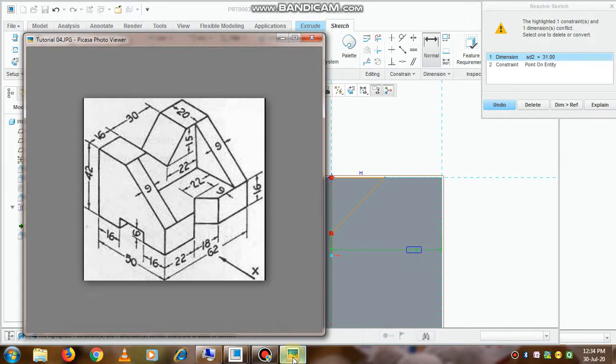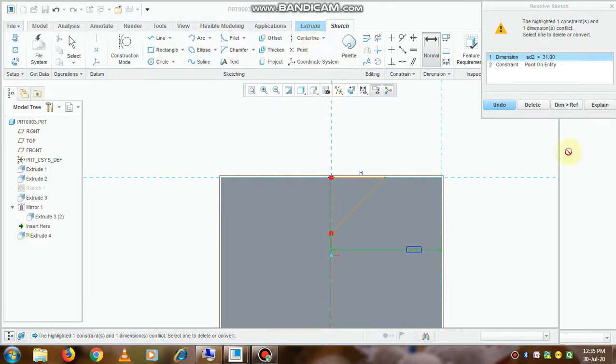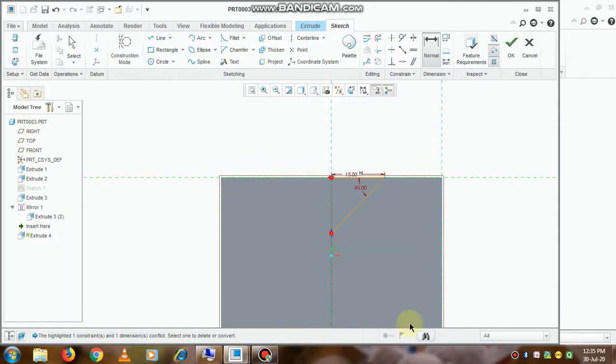So this is part 1 of the object, and the second link will be available in the description, which will lead you to the complete part. So hardly it is taking 15 minutes to do it by using these symmetric options and by using this technique. So you can learn on this channel how to model it fast, because as a fresher when you are cracking any interview, the best model you are drawing within the minimum time is important. So without mistake, but the drawing should also get completed within minimum time. So that is our objective.